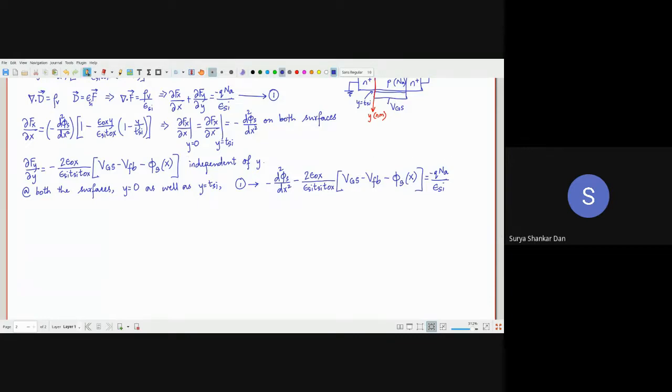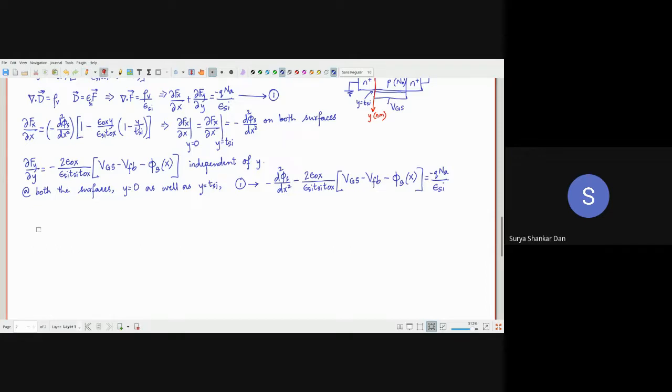So now our equation simply, and by the way, there are minuses, these are minus, right? So we will finally get d2 phi s dx square, then this becomes plus, because if I simply,